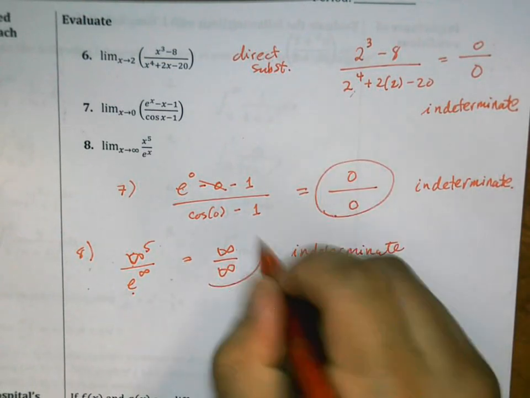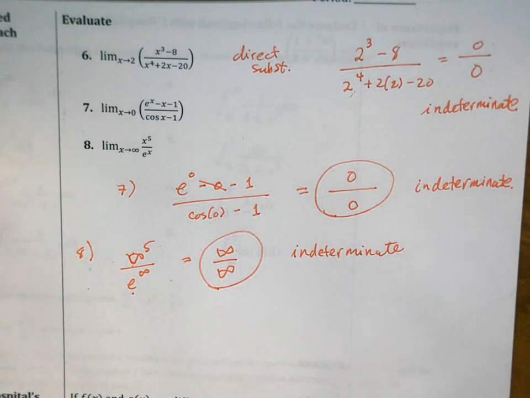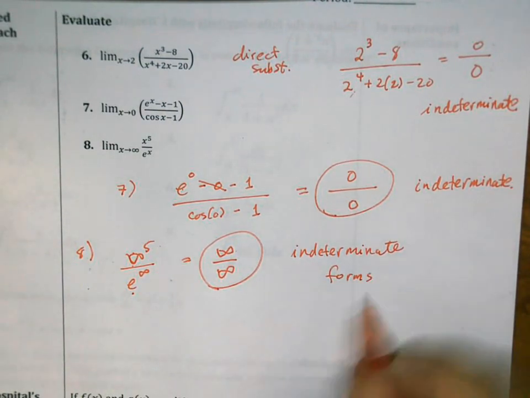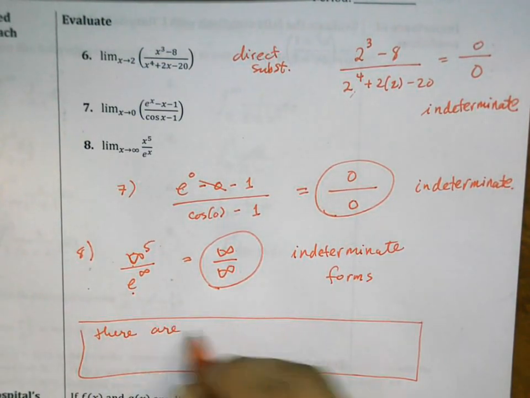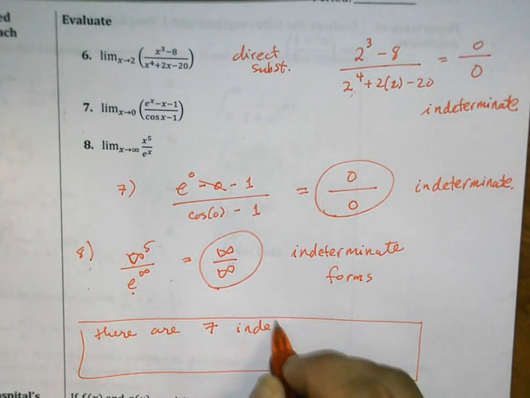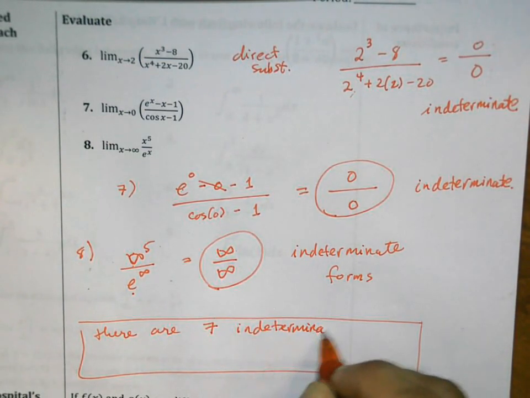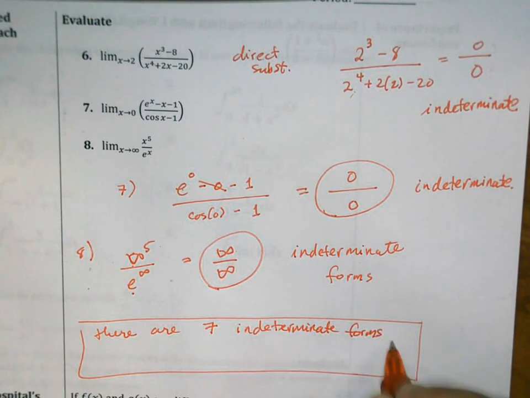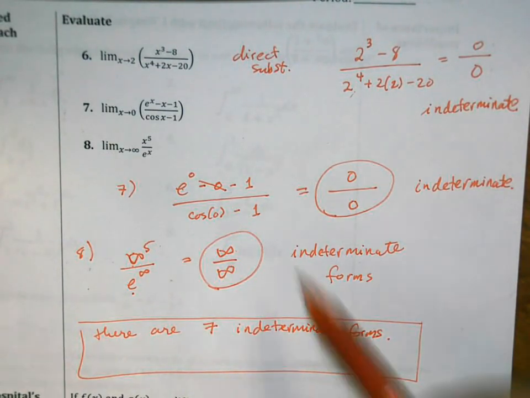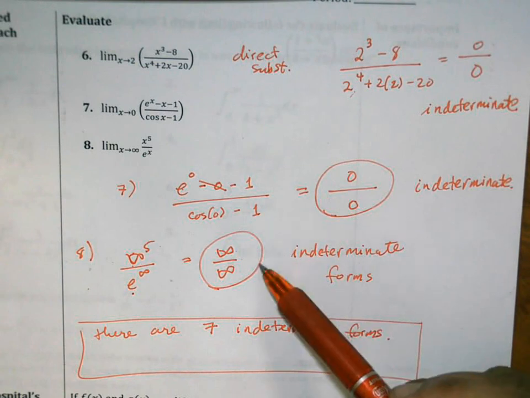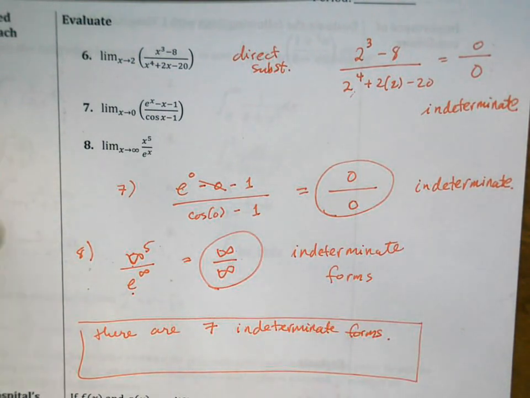Okay. So 0 over 0 and infinity over infinity are indeterminate forms. I'll make a note here that there are 7 different indeterminate forms. Although in this lesson and in this class, we're only going to be concerned with these two. Okay. So I leave you here on a hanging note, on a hanging cliff, because we want to figure out what this is actually equal to. We're going to have to adopt some new